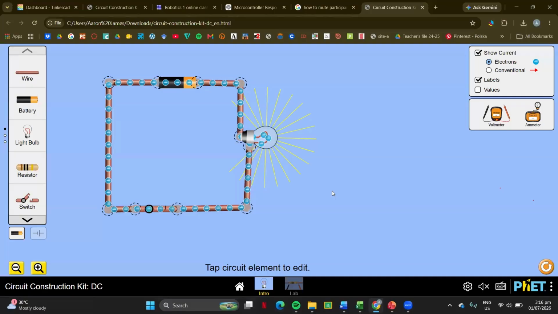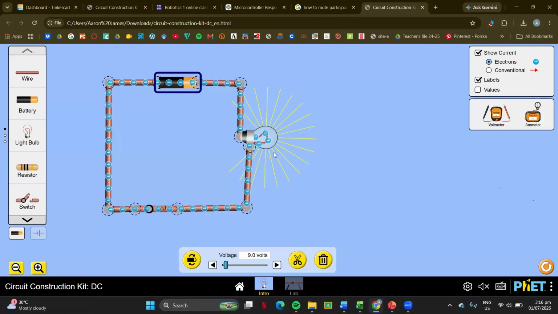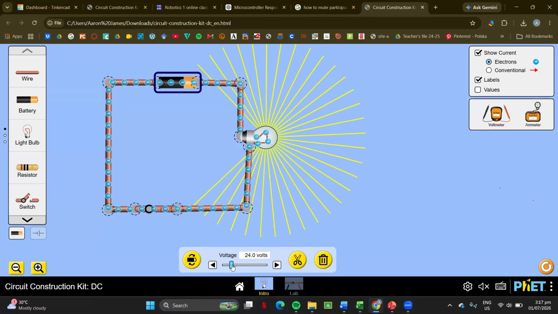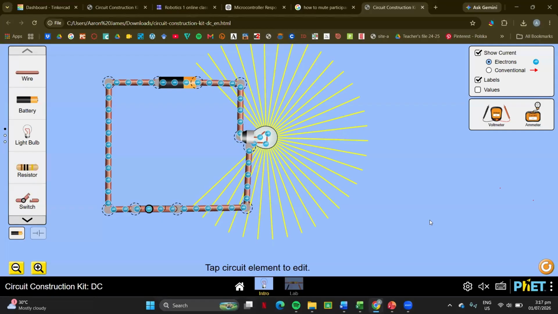Okay, so Miko told us a lot of concepts, and let's break them down a little bit. So here I have my battery, and right now the rating is 9 volts, right? So what do you think would happen if I increase the voltage here? So right now it's 9 volts, and then I'm increasing it up to 25 right now. So what's your observation now? You can raise your hand if you want to answer. Yes, Bea.